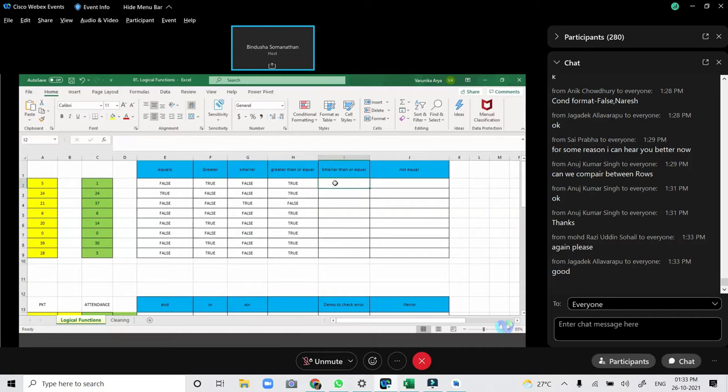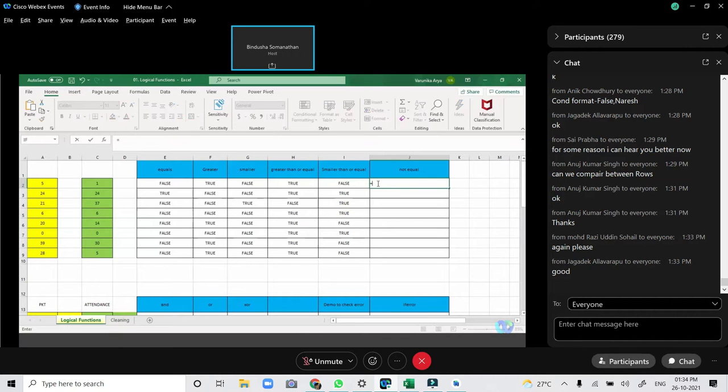Similarly, we have the smaller than or equals to operator. So again, A2 either smaller than or equal to C2. In both cases, we'll get a return value of true. So 5 is neither smaller than 1 nor equal to 1. That's why we've got false. Okay, that's how this is going to work. Now the not equals operator does the opposite of the equals operator.